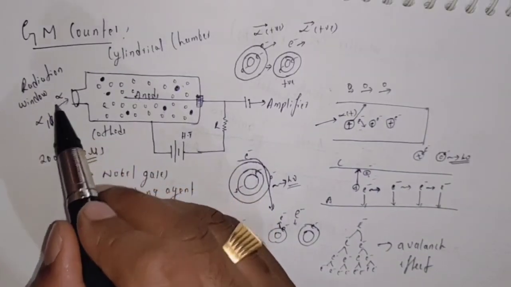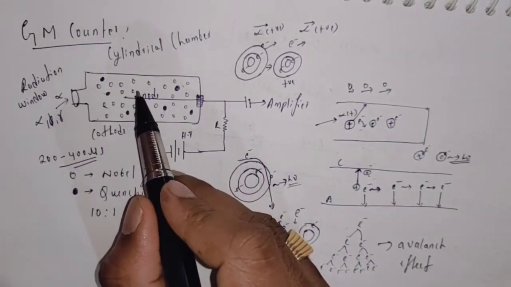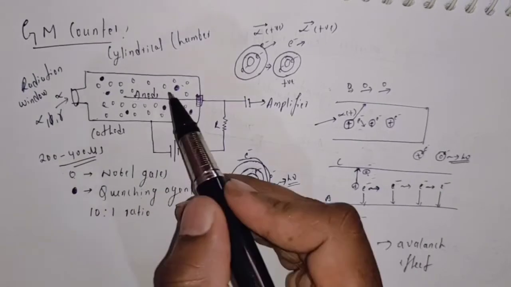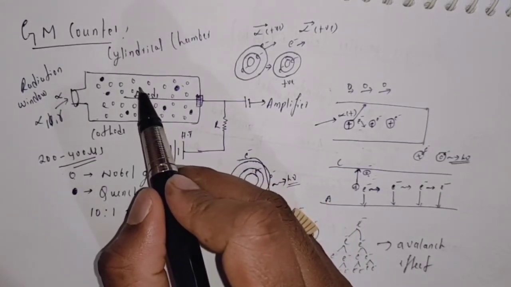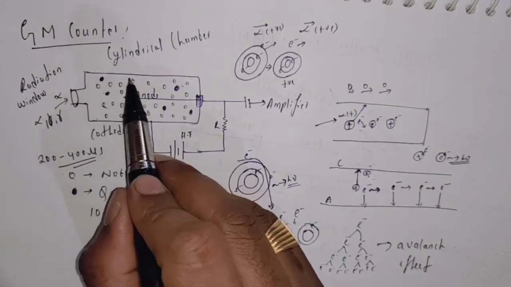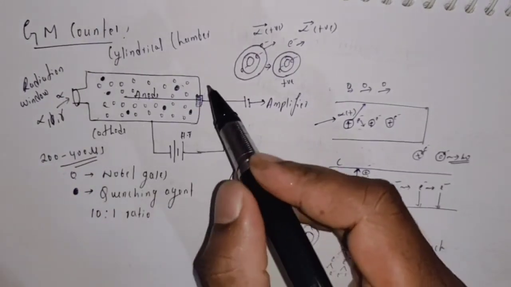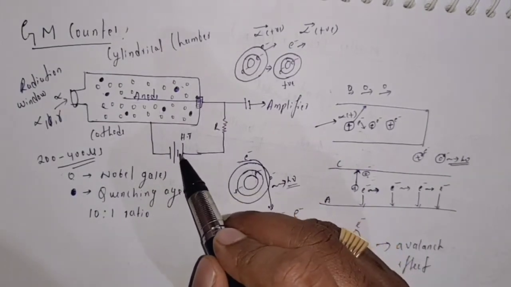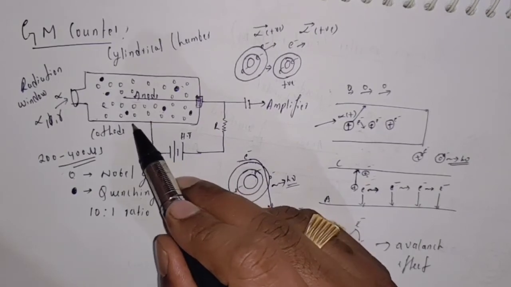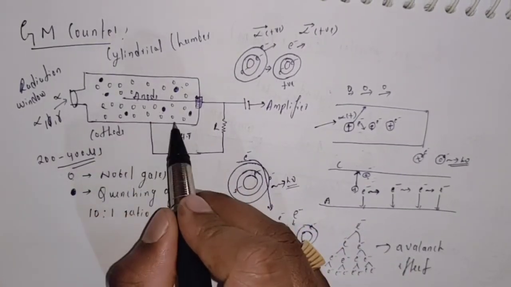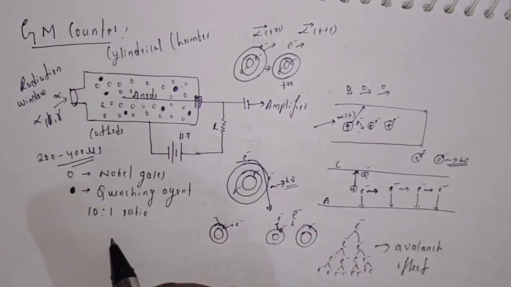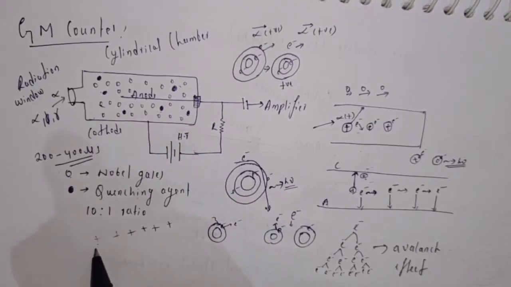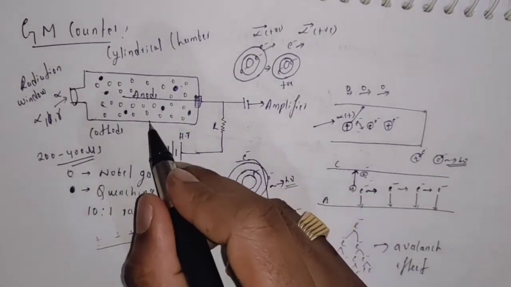After the detection of the alpha particle, all the electrons which are produced are surrounded by the central anode wire, and all the positive charges which are produced move towards the cathode. After the detection, all electrons move towards the battery and again reach the anode, and here I am going to show, these are the positive ions which are present at the cathode, and after all the electrons reach here,